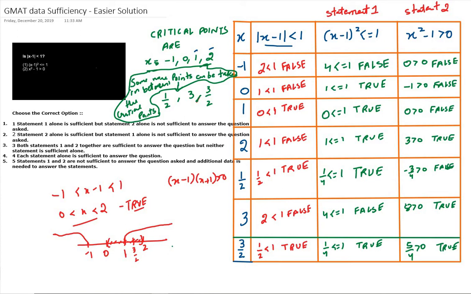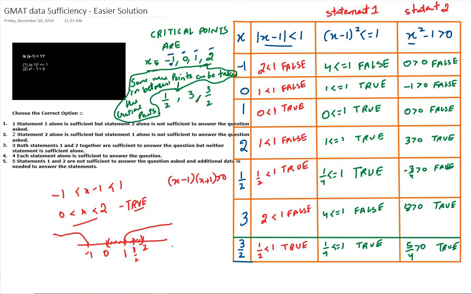Every time you take 0 if the problem revolves near the origin. And minus 1 we have taken because x square minus 1 is there, so minus 1 square, the square of minus 1 is also 1. So that critical point also we have taken. So we figured out these 4 critical points, and then in between those 4 points we'll take some more points,